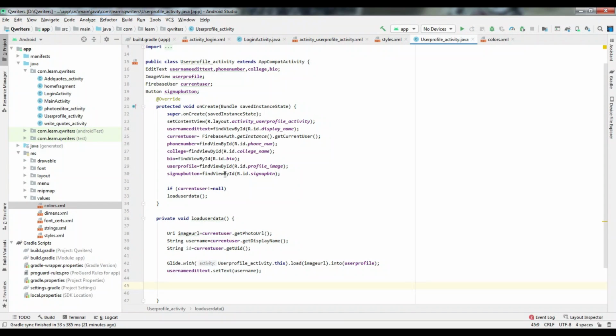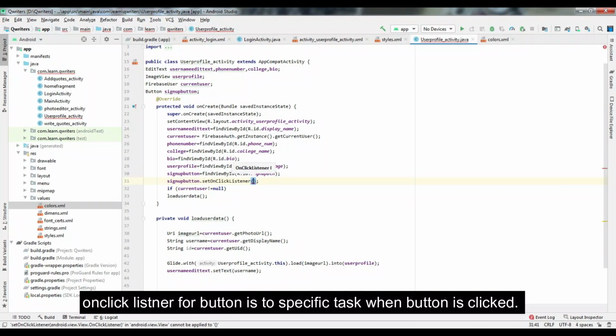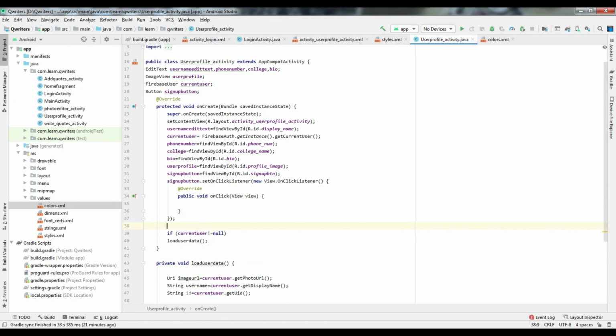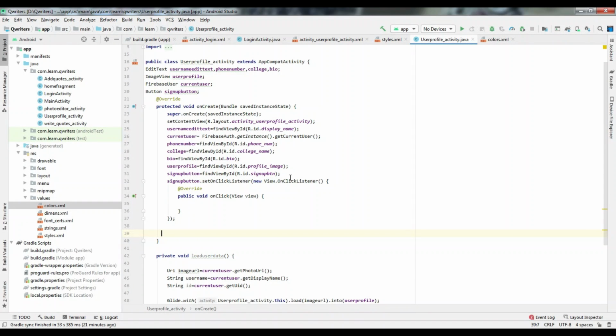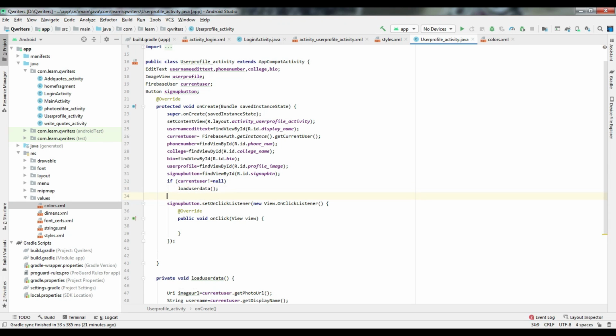So we'll set on click listener for sign up button, and we'll get the data entered by the user. So we'll just place it above and set on click listener.